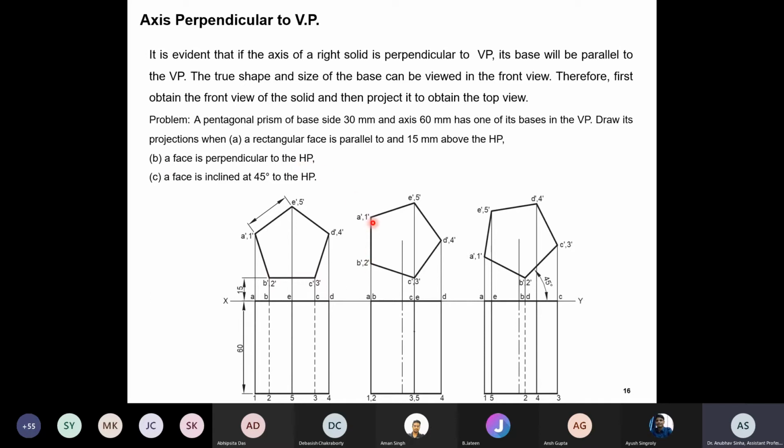It is a regular polygon. So any face I can take. So I take this face which is perpendicular to HP and I make a regular polygon. Then I take the projections for different points and also for the center. This is the central point. So I take the projection and make an axis here. And if I'm looking from the top, these are the sides which are visible, and the hidden side will go behind this. So that dotted line is not visible here.